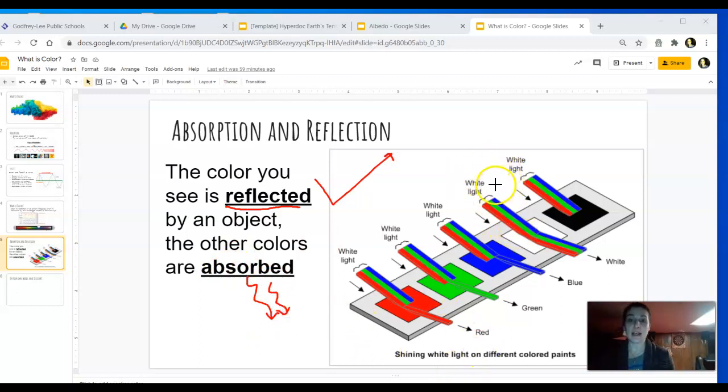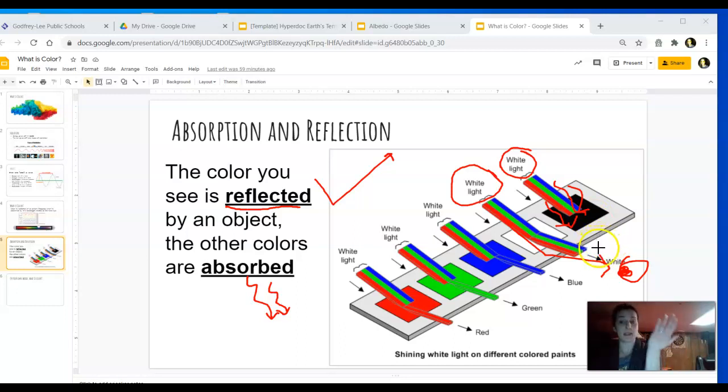So what we have here is white light. When you see something white, it's all the colors of the rainbow moving really fast, and it hits an object and it bounces off and it comes to hit your eyes. And you see that as white light. If you're looking at something that is black in color, what you're actually seeing is that the white light hits the dark color, and then all those wavelengths are absorbed and transferred into heat. And it looks dark because nothing is bouncing off of it and coming to hit your eye.